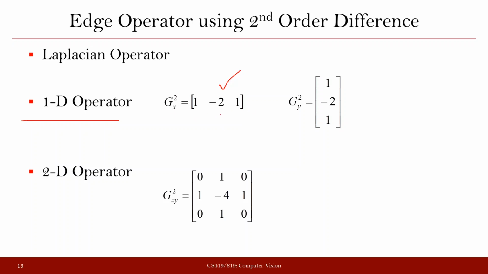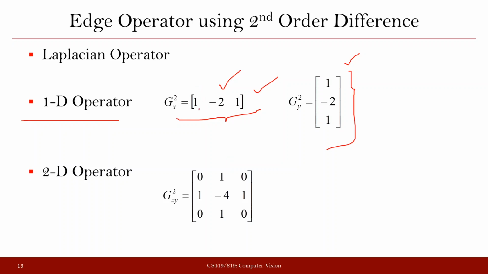You will find that the second order derivative came out to be like this in the x direction, and the second order derivative was equal to this when the derivative was computed in the y direction. These are the equivalent operators to compute the second order derivative in the x direction and in the y direction. Now, if you want to combine these two,